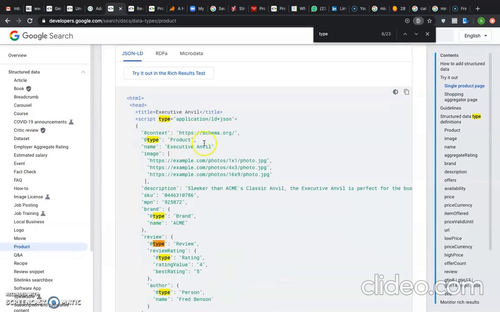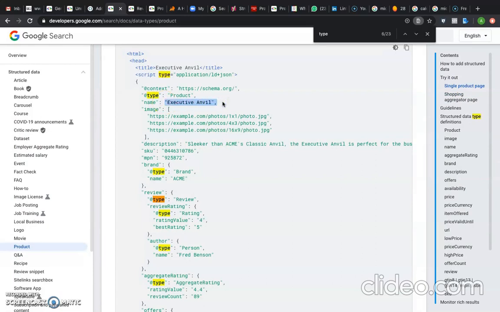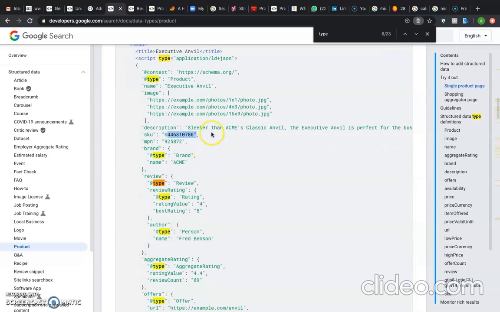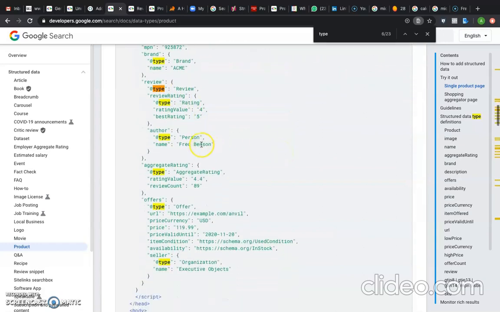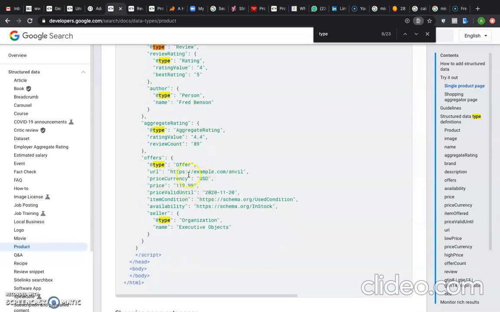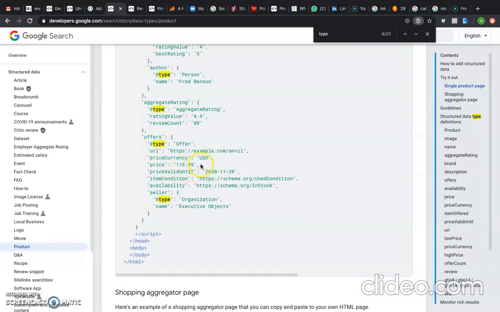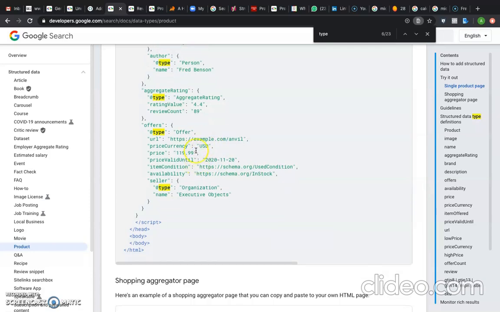Let me just discuss it here. See, type equals product, name equals executive anvil. The name of the product is executive anvil. Image, these are the URLs of the images. This is where the JPG files of the speakers that we saw are located. This is the SKU, probably some number. This is the description of the product, which people will also be able to see in the Google listing itself. Typically in rating, give the number: rating value 4 or 5. Person, the author's name, if there is one. If you're going to launch an offer, give the date when the offer closes. Every offer comes with a closing or expiry date, say 11/20. Give the currency denomination, USD, $120. All these things you can show, and you can